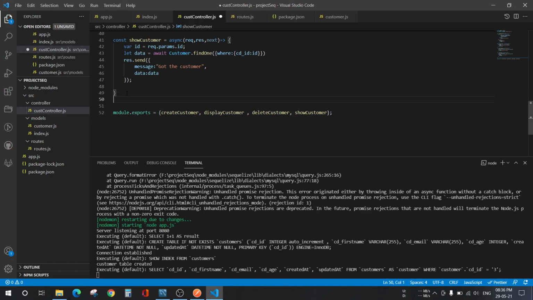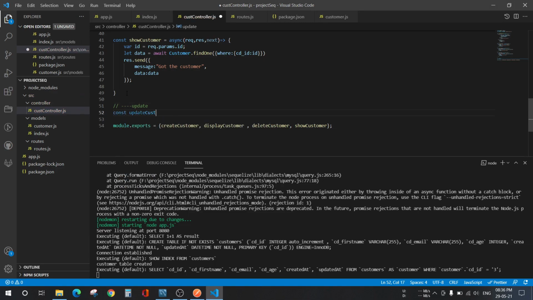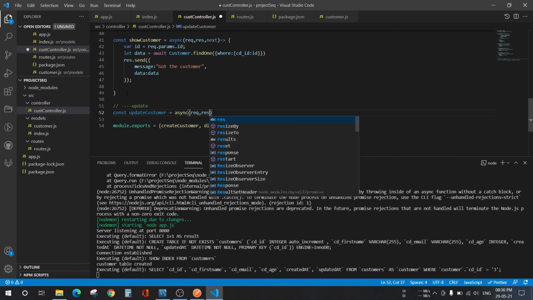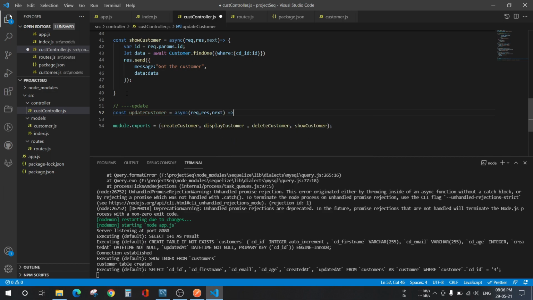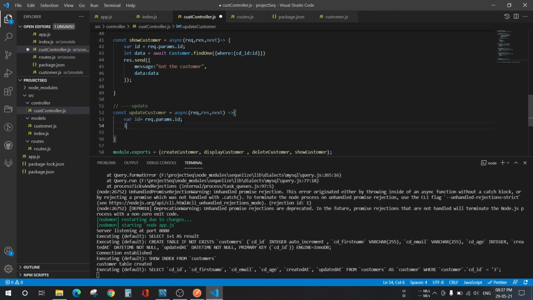Now let's work on update. So const update customer, and here we'll pass the ID of the customer which we want to update, and then let data equals to await customer dot update.